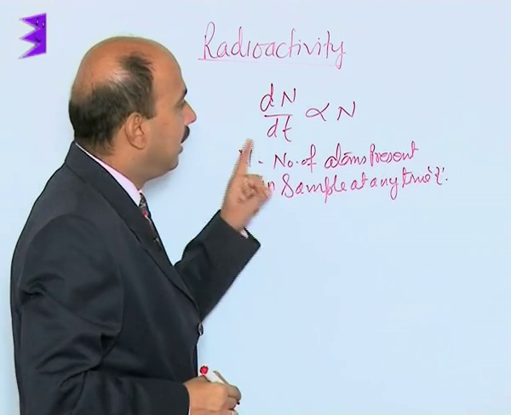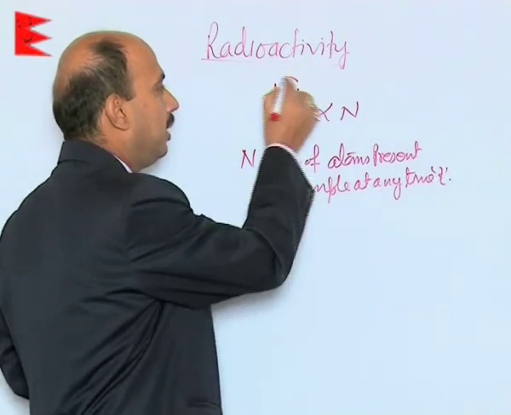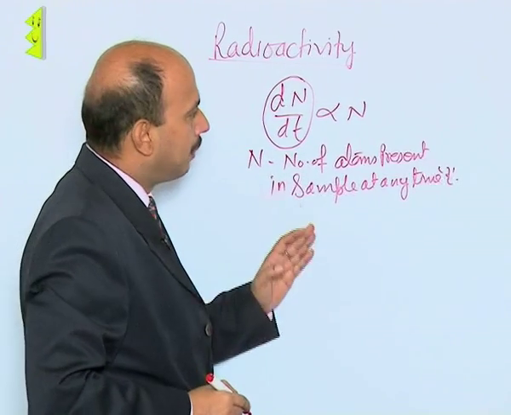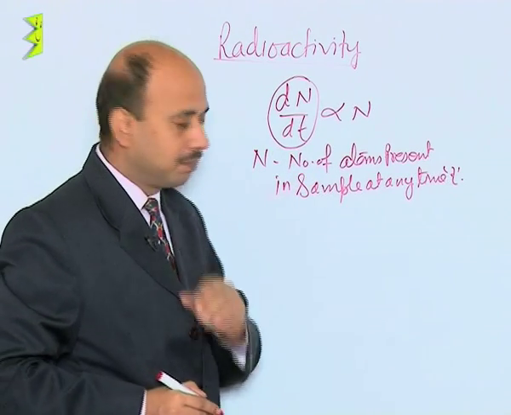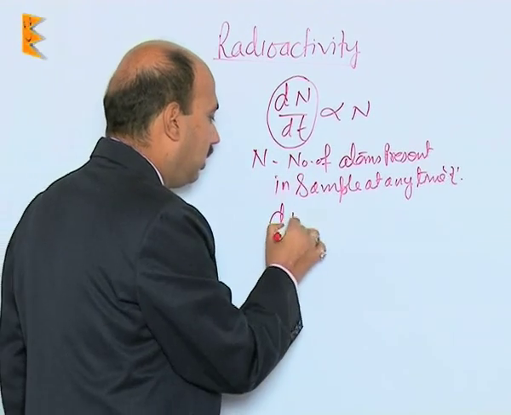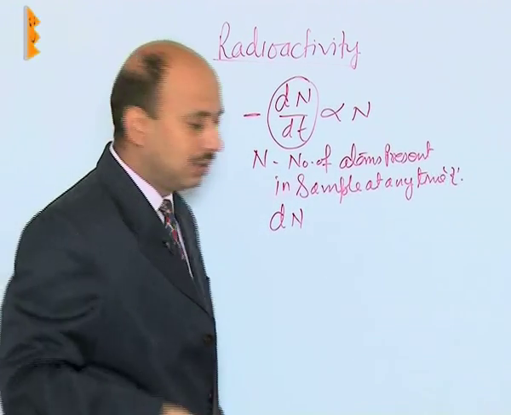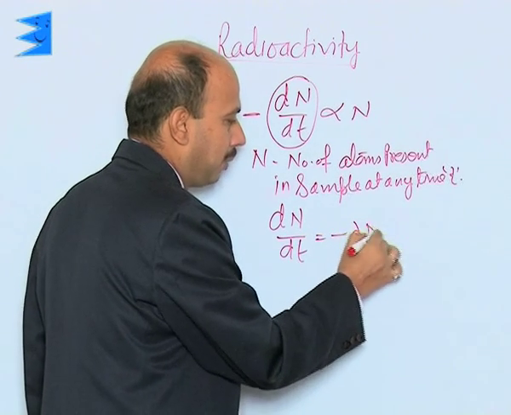So this is your dN/dt is proportional to N. The rate of this dN/dt is known as the rate of disintegration. So the rate of disintegration is directly proportional to the number of atoms present in the sample at that time. Now we can write dN/dt, here we can write a negative sign because the number of atoms is reducing with time. So we can write dN/dt is equal to minus lambda N,